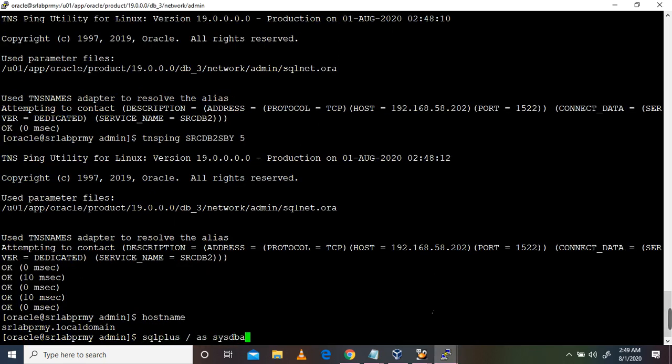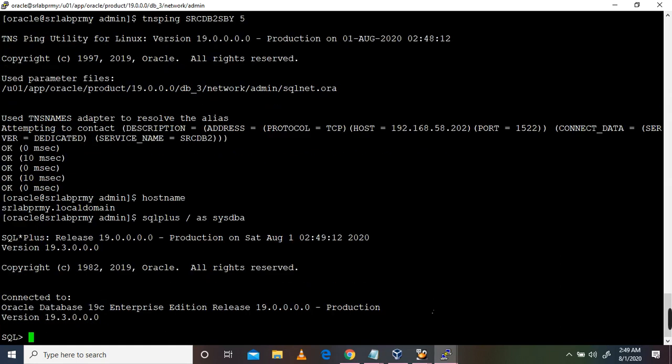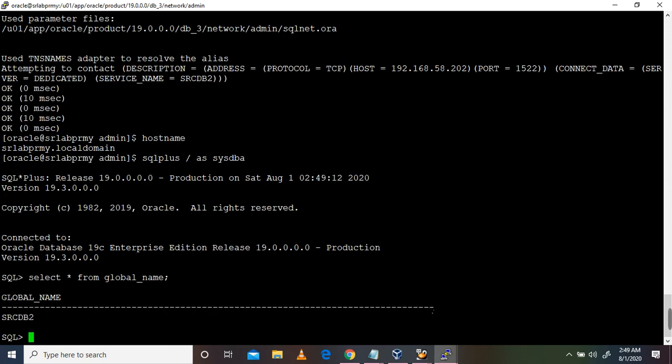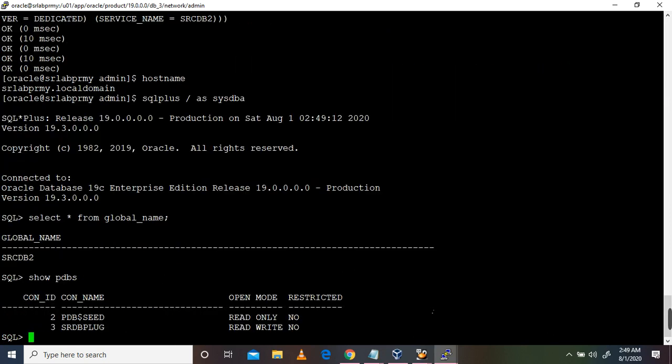So now both ends, primary and standby database, have a successful TNS ping, and we made the listener entry on the target side. We have started that listener. It's working fine. So now I am connecting to the primary database and logging in to the database. Here it is. There is one pluggable database available. This is a container plus pluggable database. This is the database we are going to duplicate, to create a physical standby database.